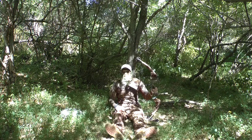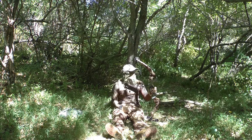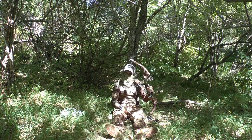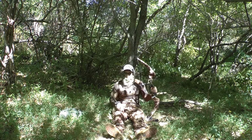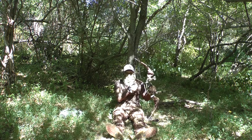And this is how I sit in ready position. If there's leaves on the ground in the fall, I'll sit and relax like this, probably rest my bow on my head and lean back if I have a tray. If I don't have a tray, I just rest my bow on my head and I sit like this. This time of year, you cannot hear a deer coming in without the dry leaves on the ground to make all the crackle noises. So since they sneak in on you and you can't move, this is how I sit,